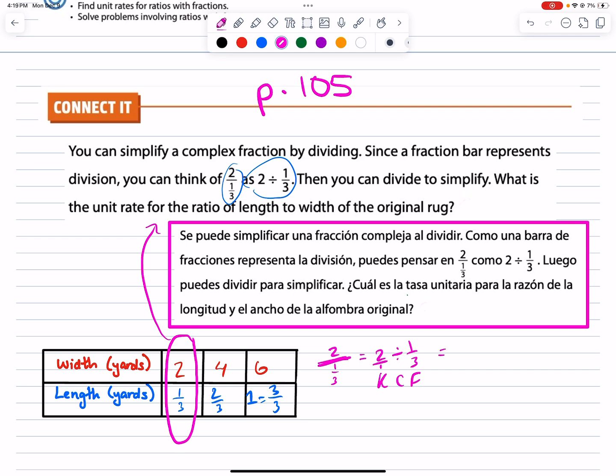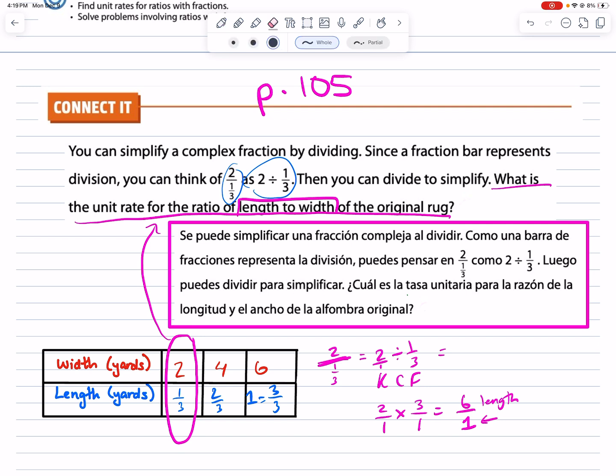It says, what is the unit rate for the ratio of lengths to widths of the original rug? So they want the order length to width, so length should be on top. Okay, let's do that. KCF. 2/1 divided by 1/3. If you want to find the unit rate, KCF will literally give it to you. 2 times 3 is 6. 1 times 1 is 1. Notice that the 1 is in the denominator. So for 6 in length,